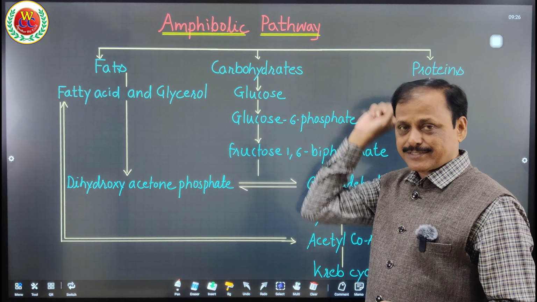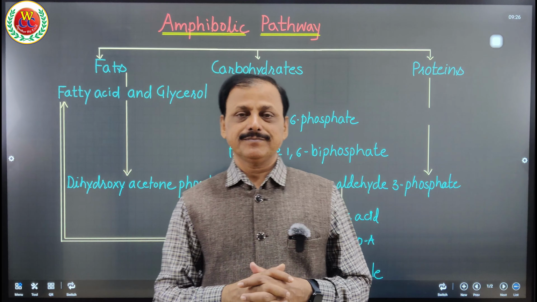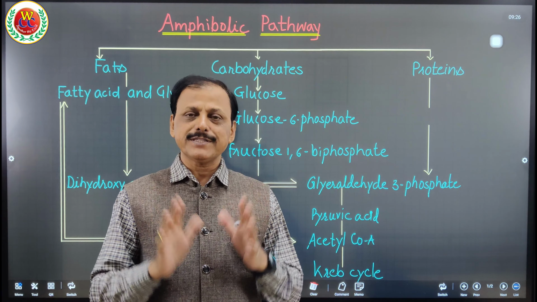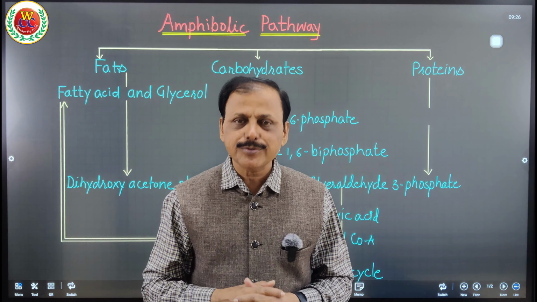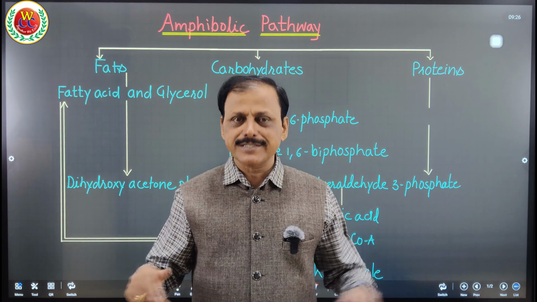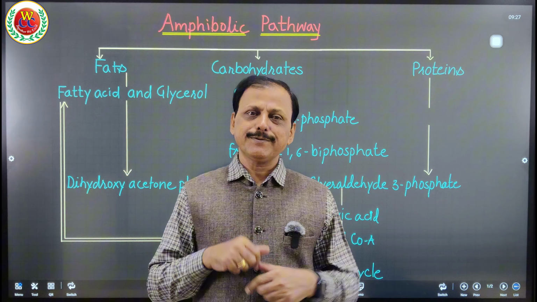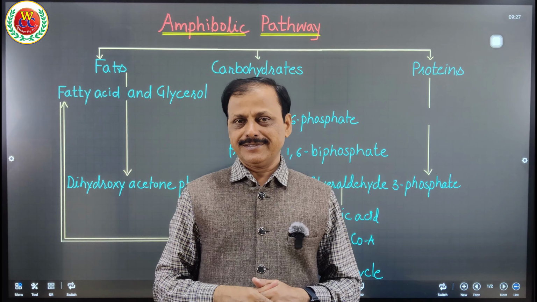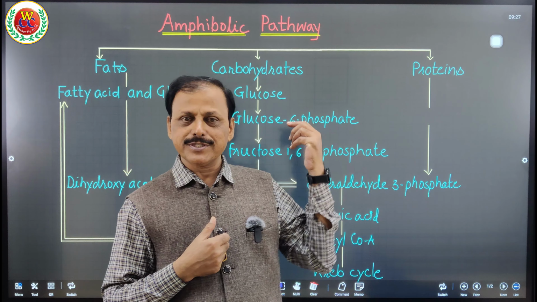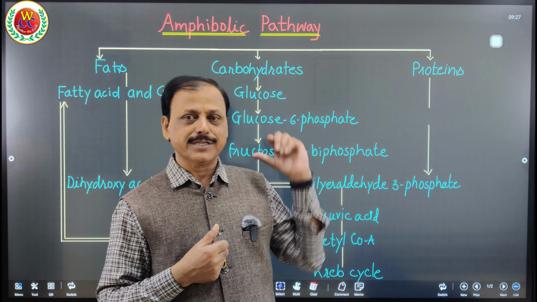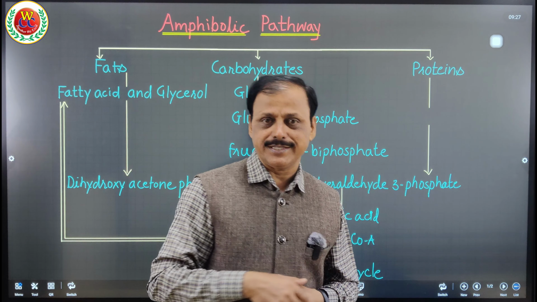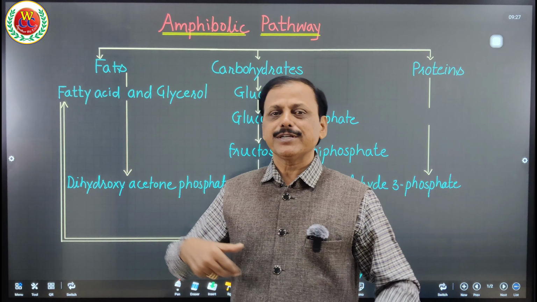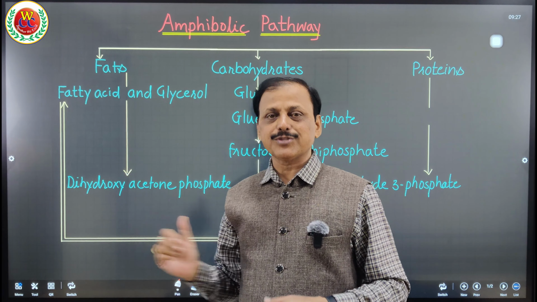See, there are three substrates of respiration: fats, carbohydrates and protein. They do not simultaneously undergo breakdown. In presence of carbohydrate, fat and protein do not undergo breakdown. But when carbohydrate gets finished, then fat undergoes breakdown. When fat gets finished, then protein undergoes breakdown. As you know, when we have long-lasting fasting, initially whatever stored form of glycogen gets converted into glucose and becomes a substrate for respiration. But when we are on long fasting, not taking in food for a long time, then whatever fats are in our body start mobilizing and oxidizing so as to provide the energy.